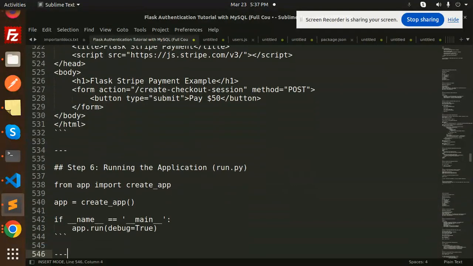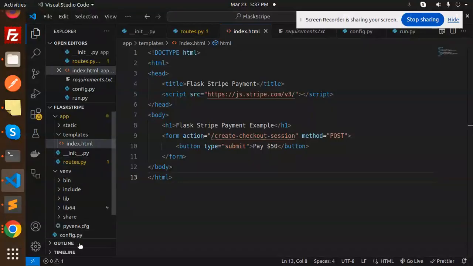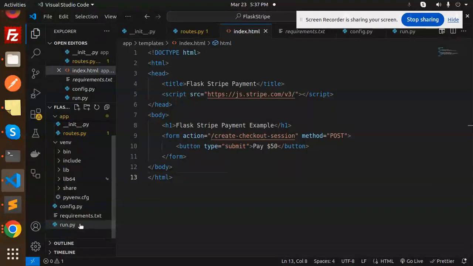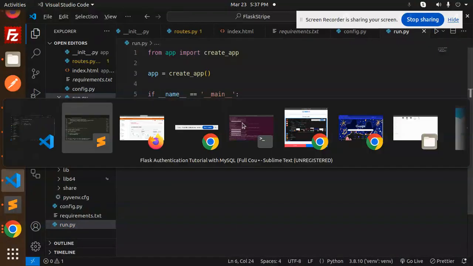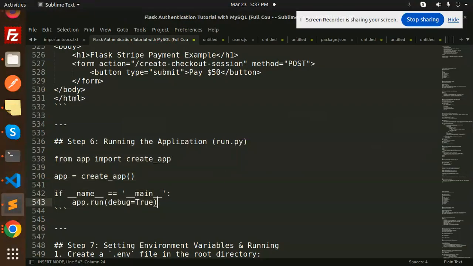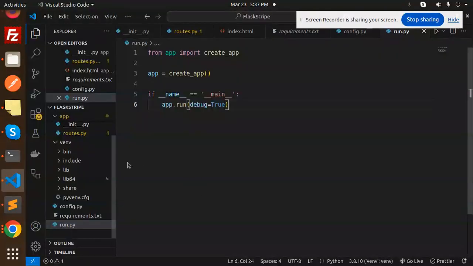And running the app, that is run.py. This is the code that we have to run. Here we have this run.py file. An instance of the app is created over there. Now setting the environment variable: create a .env file at the root. Make sure that